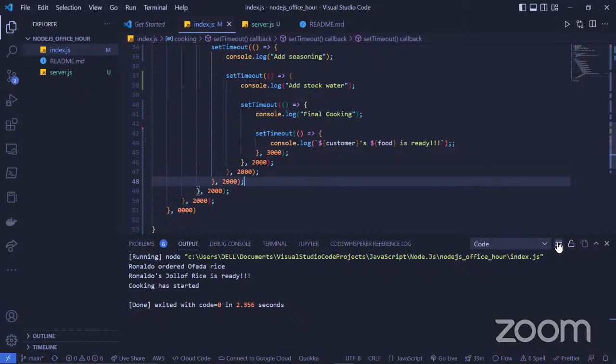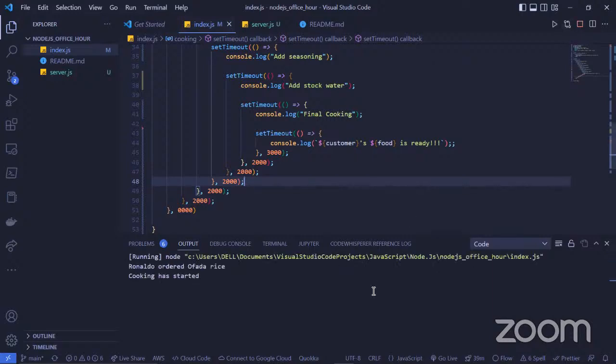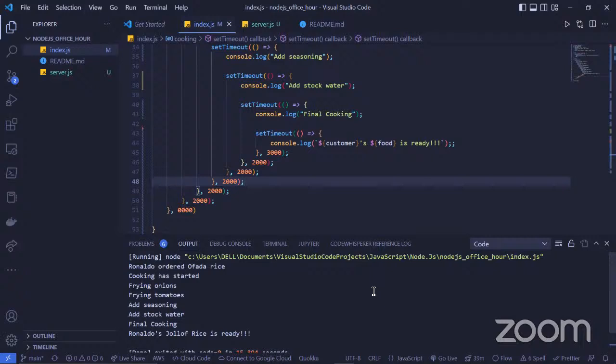So I'll just run this code so you can see that it has a lot of nesting. So cooking has started, frying onions, frying tomatoes. After the time, add the seasoning, add stock water, final cooking, and then lastly, Ronaldo's jollof rice is ready. So you can see it's following a timer.